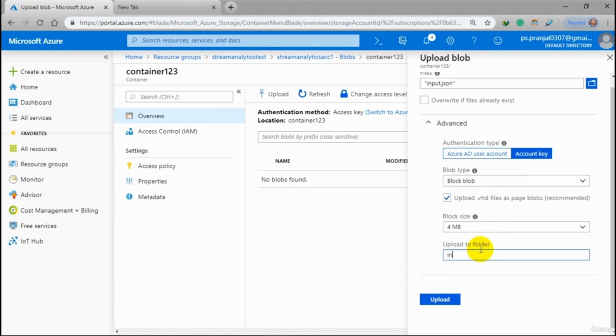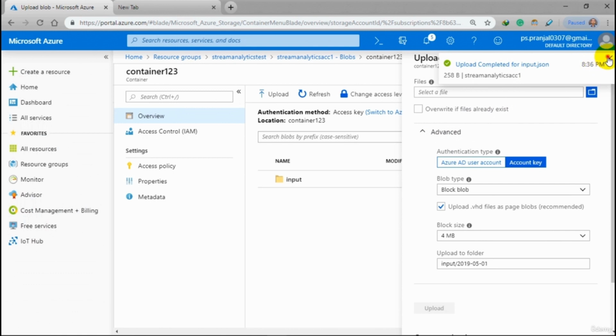Now upload to a folder named input. I'm also writing the date. Now click on upload,